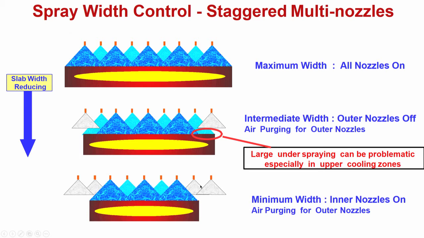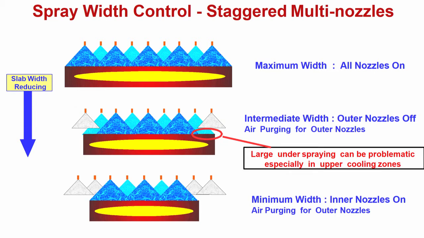That means you can stop water flow in the extreme nozzles. Here also you can stop water flow in the next to next one; this one you have stopped, this one also you have stopped. Earlier you stopped these two, now you have stopped these two. So, individual water control in each and every nozzle is a must, is essential for such spray width control. So, we have to remember when we are casting slabs of different width, we must have this facility